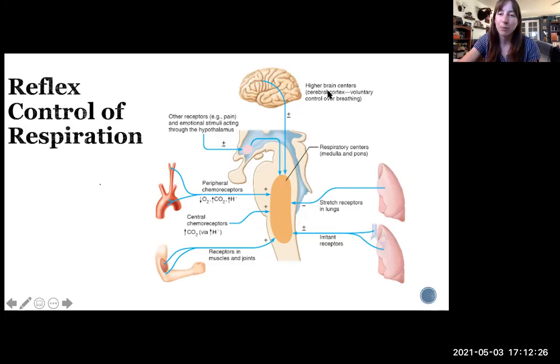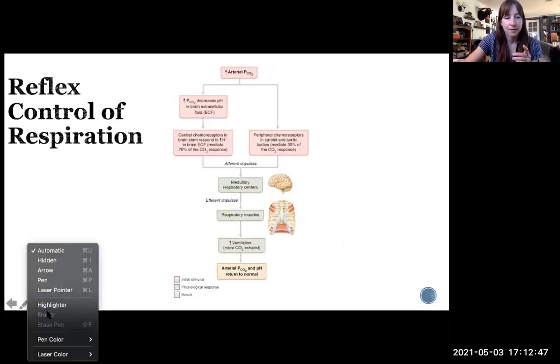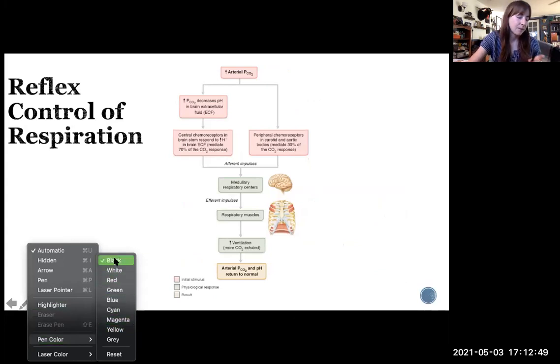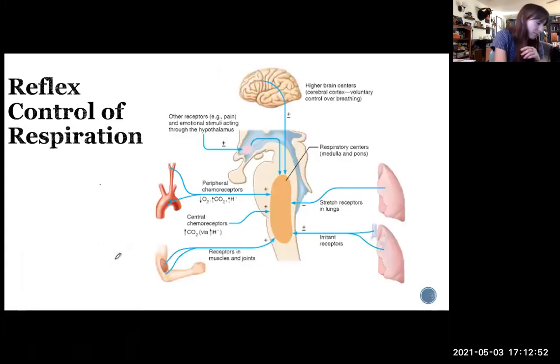So there are higher brain centers in the cerebral cortex that can override the more lizard brain reflexive respiratory control, so that you can control your breathing, which is important, right? How your breathing is controlled, and what I want you to take away from this, besides that you can have voluntary control over breathing when your cerebral cortex overrides your reflexive breathing centers, which are the pons and the medulla oblongata,